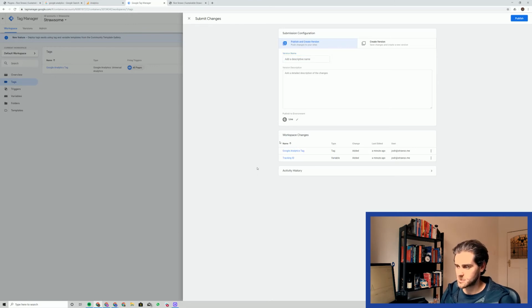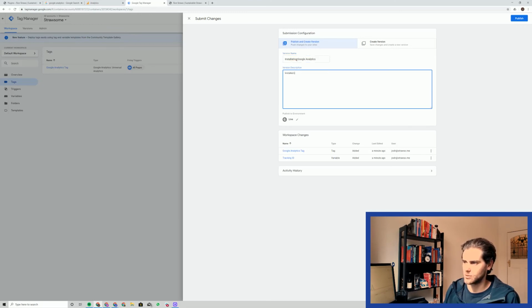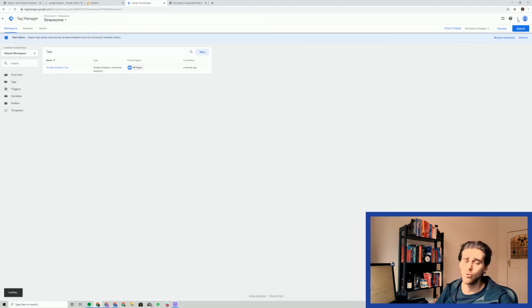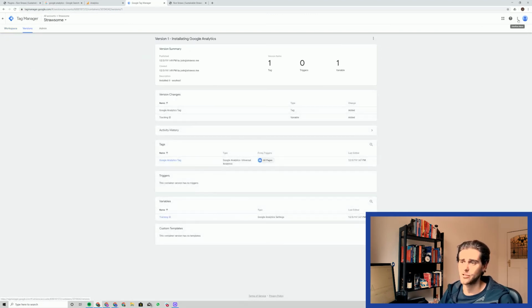It does have these specific changes that were actually added in, such as the Google Analytics and the tracking ID. But I like to just title it as installing Google Analytics. Installed it. Awesome. Now we're just going to click publish, and that's going to push that to our Google Tag Manager account live on our website. So now if you go back to Google Analytics,